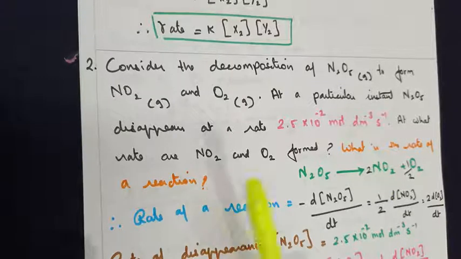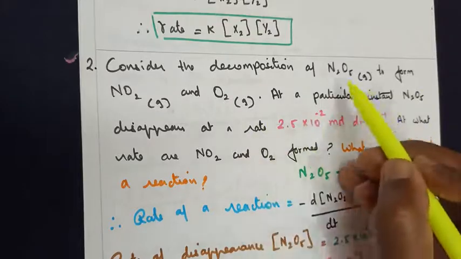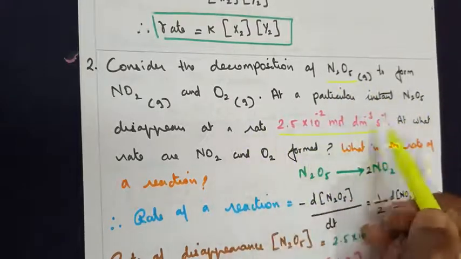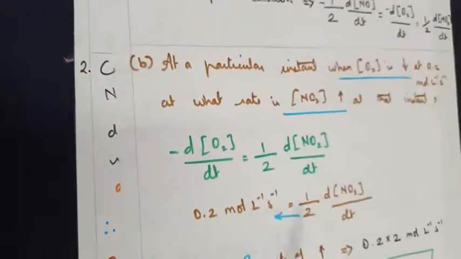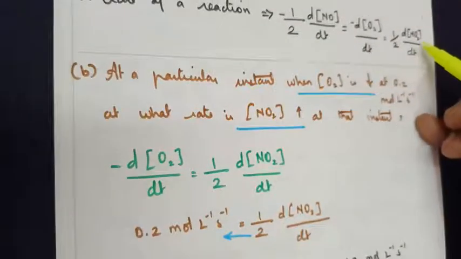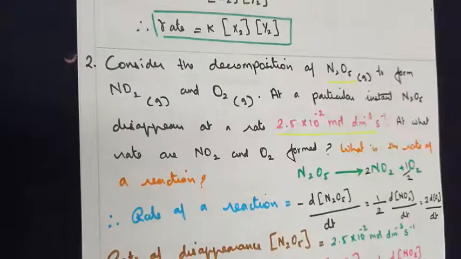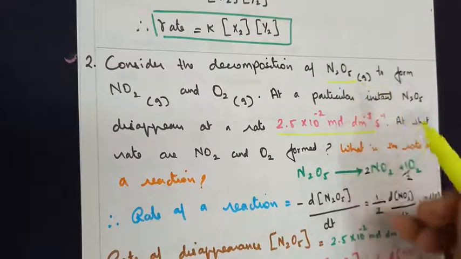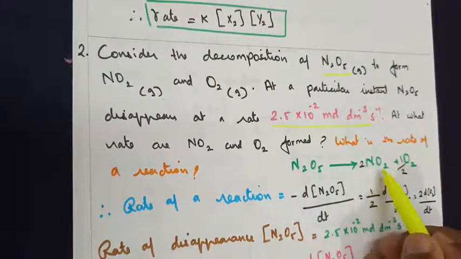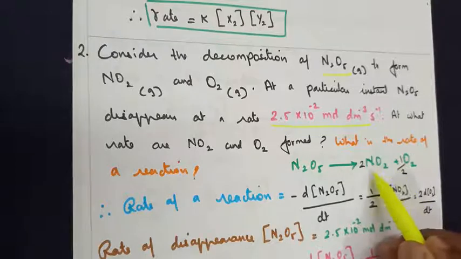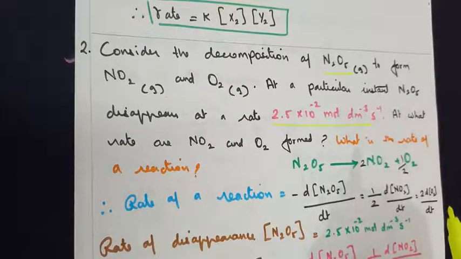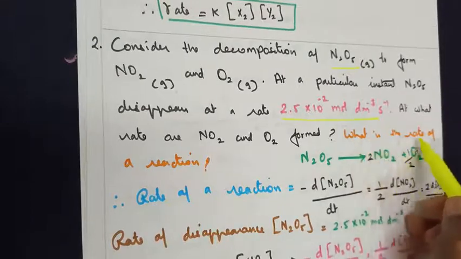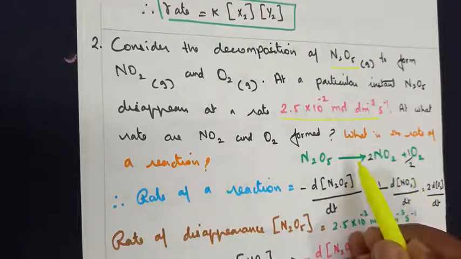Little ones, do not get confused. All they are asking you is about the disappearance of N2O5. They have given it in terms of value. As I told you, in this case they have asked you only in terms of the products. Since N2O5 dissociates to give nitrogen dioxide and oxygen, you will have to calculate the rate of these two products. That's the matter in it. The second one, what's the rate of the reaction? Now what did we say?